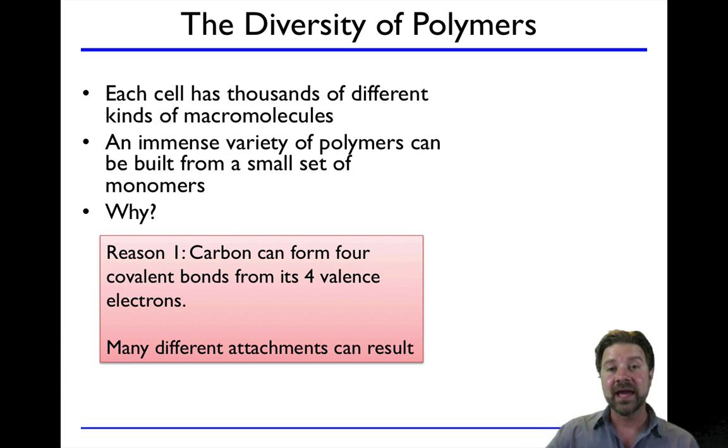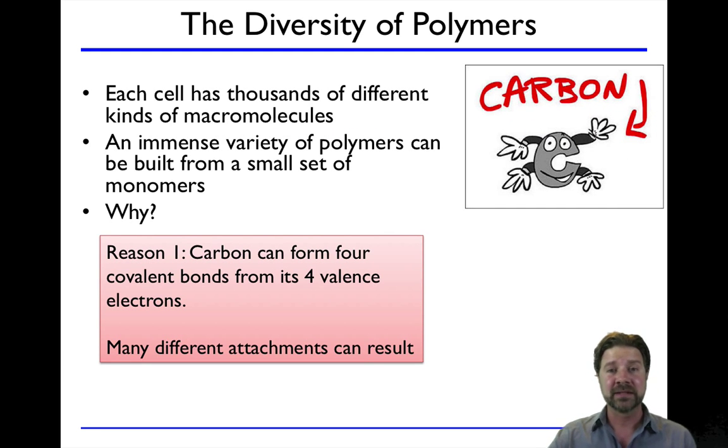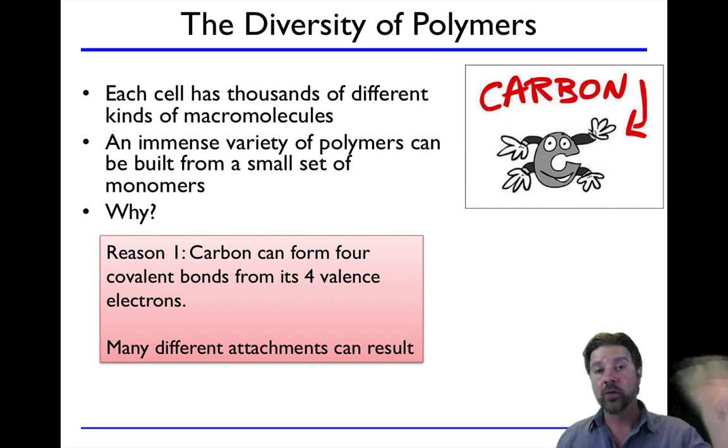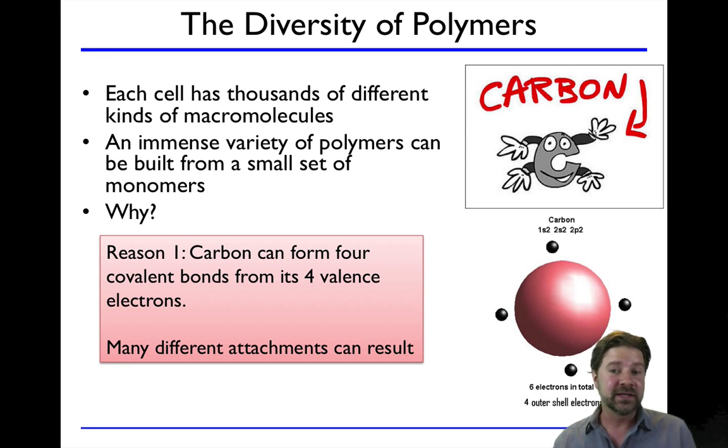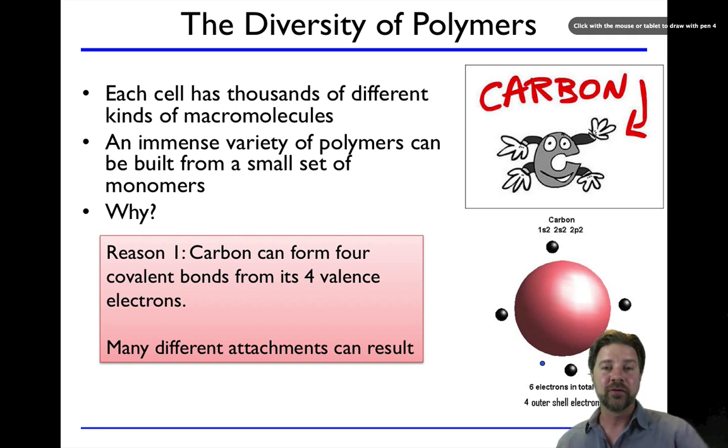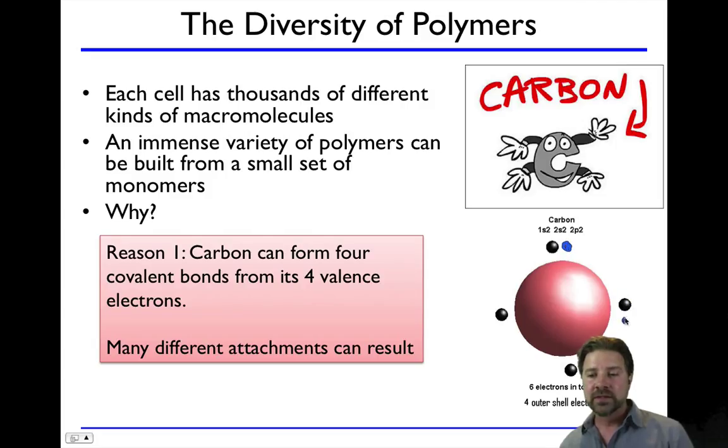So if that's the case, you could have many different attachment possibilities. Here's carbon with its 4 hands that it can join up with other stuff. And if we get a little bit more scientific, here we can see carbon in its 4 valence electrons. So we'll go ahead and imagine that we have some other atom coming in here to this place here,